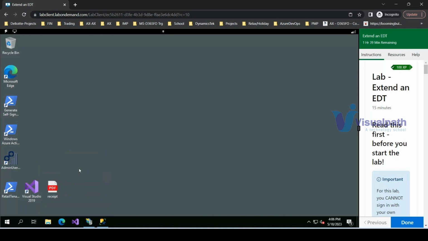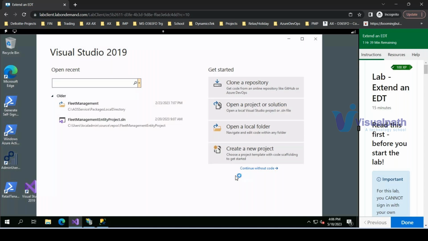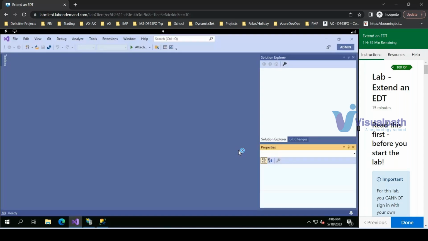As I told you, with the same single sign-on, the same Microsoft Office 365 account, we can log in to Visual Studio. With the same user, they will provide the online license. So once you log in with Visual Studio,